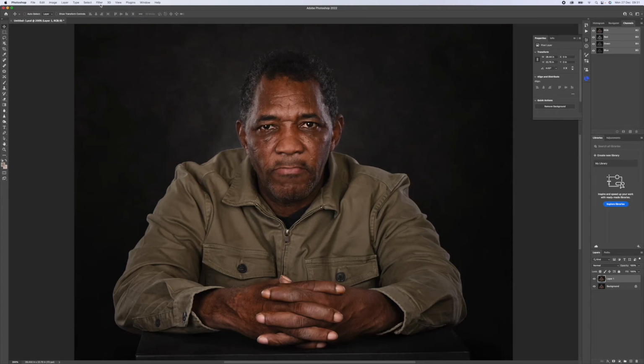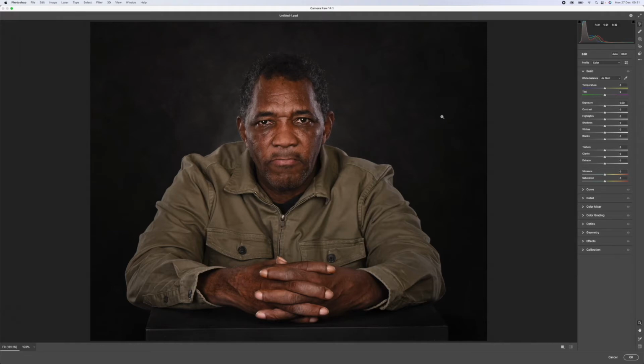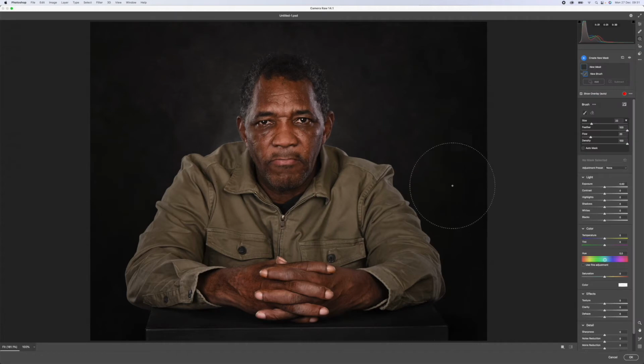So if we go to another layer, and again, Filter, Camera Raw filter, and go up here again. Now we can use brush. With brush, we can set our flow. The flow is how much ink there is when you're painting, and in this case we're going to paint red, which will then turn into a selection. If it's 100%, it's going to be really strong. If we come down lower, you can see it's much subtler. So I will go with a low flow, and I will build up slowly